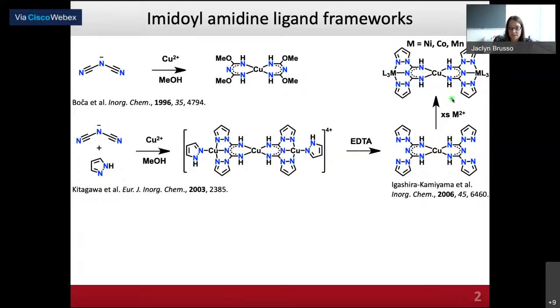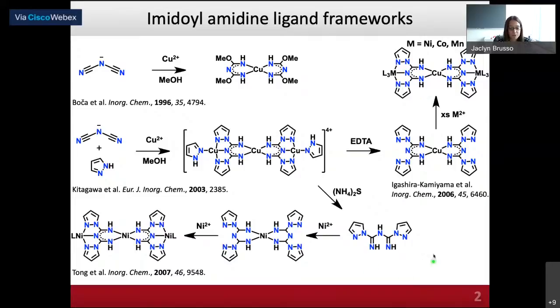And so they generated a series of mixed metal trinuclear complexes. The first example of the bis-pyrazyl imidoyl amidine ligand being isolated as a free ligand was achieved by the treatment of this trinuclear copper complex with ammonium sulfide. And then with the free ligand in hand, this could be treated with other metals. In this particular publication, the authors used nickel to generate a mononuclear nickel complex and a trinuclear